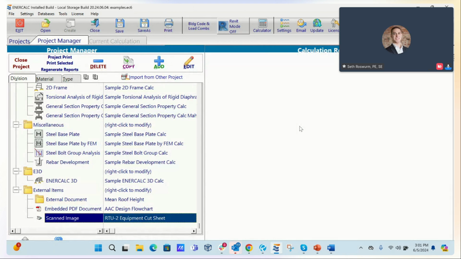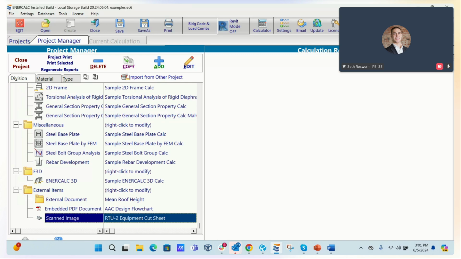Perfect. All right. Well, we're basically down to the end of the hour here, so we're going to go ahead and wrap it up. But we do have one final question I want to toss you, Mac, and this is a great question about what's coming in the future. A question from Connor: we got a newsletter saying that load linking between analyses was a recently implemented feature. Is that accurate? So what's going on with load linking?